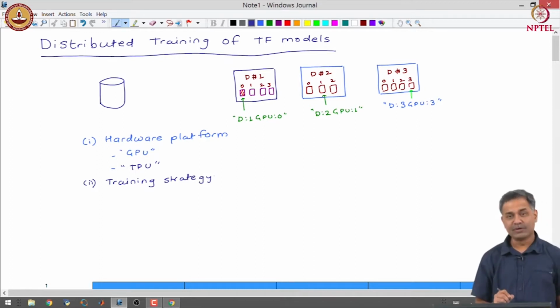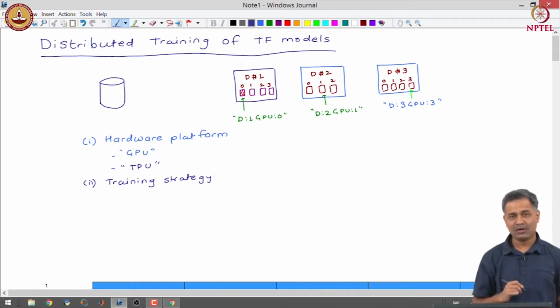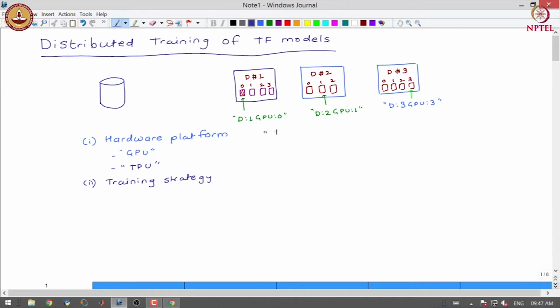Before getting into training strategy, let us try to understand what will happen in each of the GPUs. We have a very large amount of data and we have a model for which we want to perform parameter estimation. So, the problem that we are trying to solve here is training of a machine learning model.